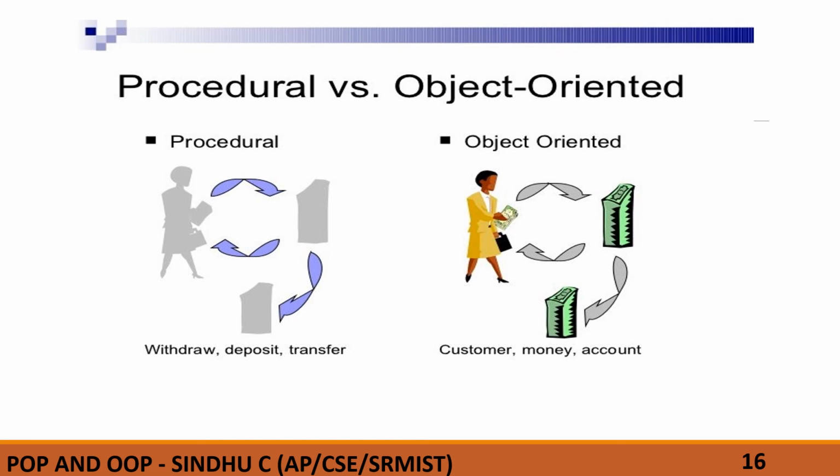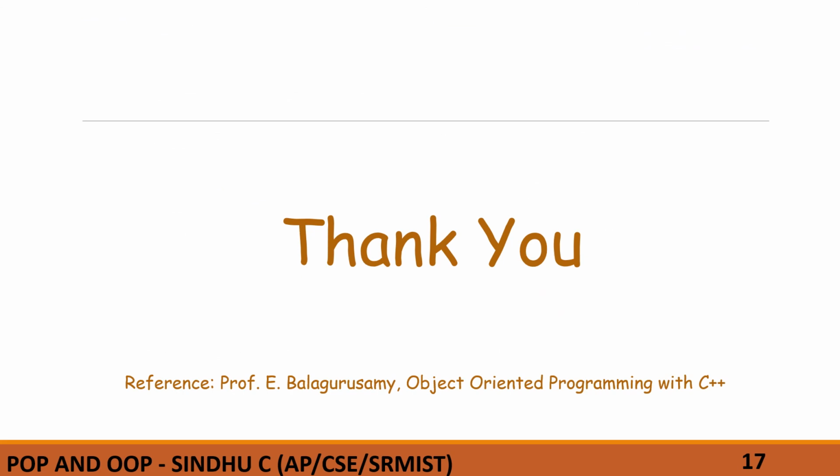These are all the entities. They have their own attributes. When it comes to money, what are all its attributes? When it comes to customer, he has an account, his bank details. Those can be the attributes of the customer. When it comes to account, account number, balance, loan account, or savings account. Those kinds of attributes are with respect to that particular entity account. So that is why they are different. Procedural is different from object oriented, and this object oriented is way easier to handle. Thank you.